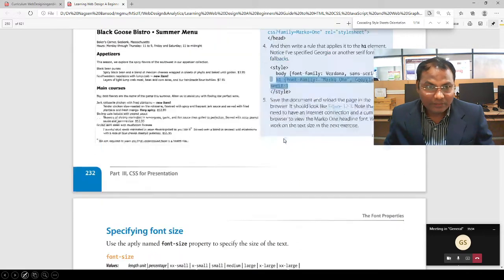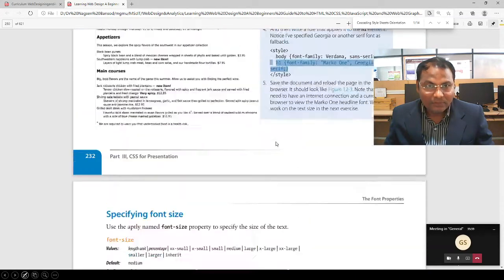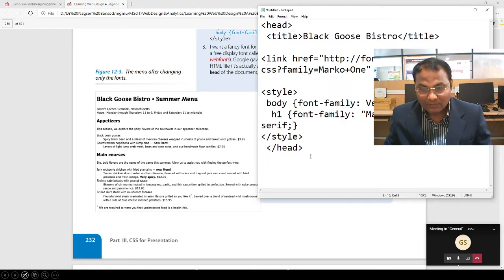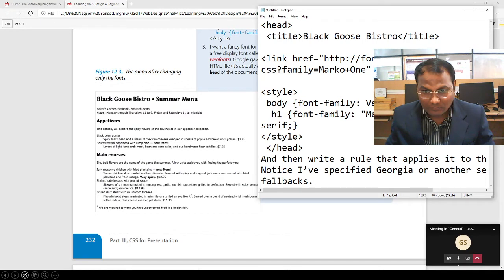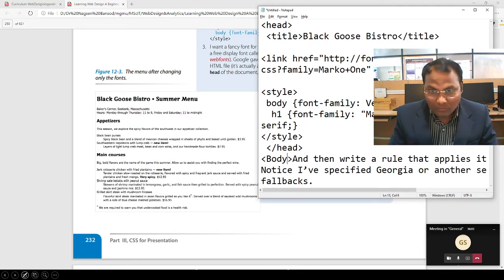But we need one paragraph to add there, some content. Body, we will close this body tag.